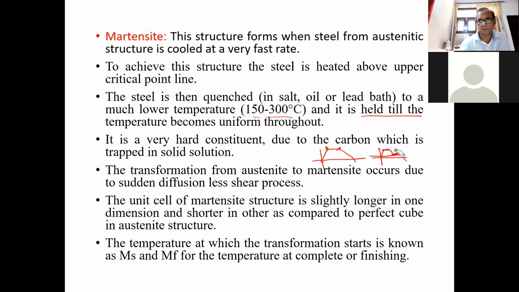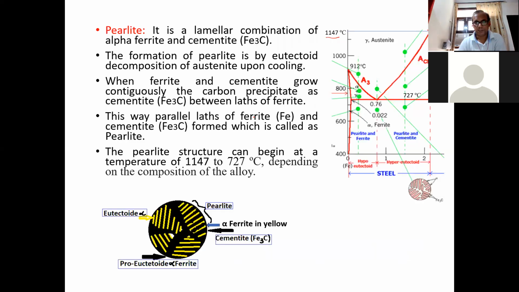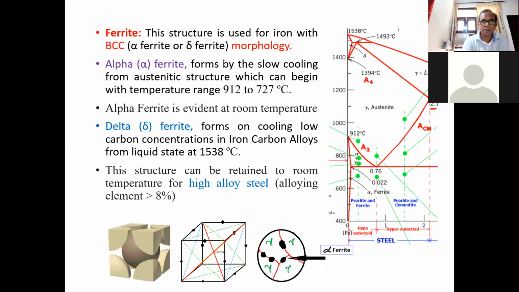So remember this point. It is a very hard constituent due to the carbon which is trapped in solid solution. इसमें क्या है कि कार्बन के एटम्स को मौका नहीं मिलता डिस्पर्स होने का, समय नहीं मिलता। जैसे मैं यहाँ बताऊं आपसे, ये ऑस्टेनाइट में ले गए आप इसको यहाँ, तो इसके अंदर कार्बन जितना भी होगा, if we do it slowly, तो क्या होगा, कार्बन डिस्प्लेस होगा, क्योंकि जो हमारा स्ट्रक्चर है वो बीसीसी का बनेगा, है ना। अगर एटम को अपने आप पर छोड़ देंगे हम, तो what will happen,